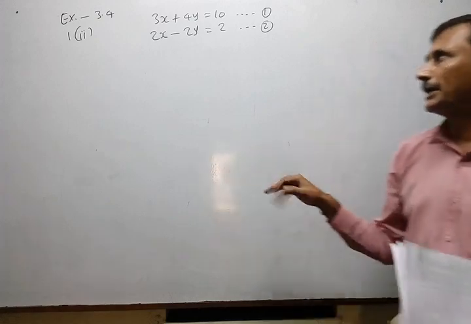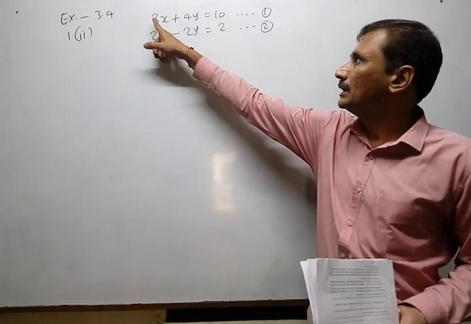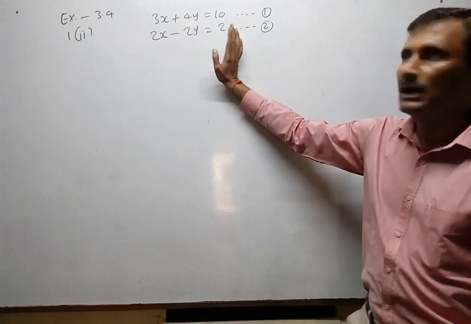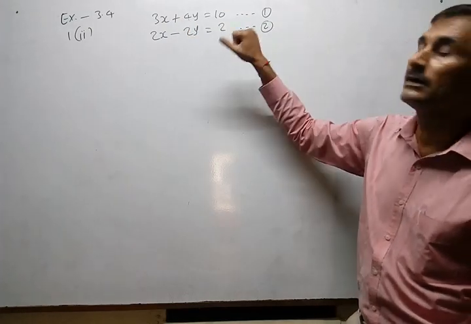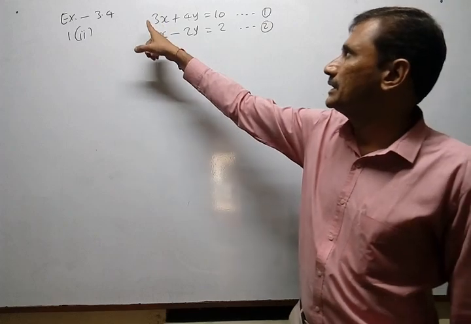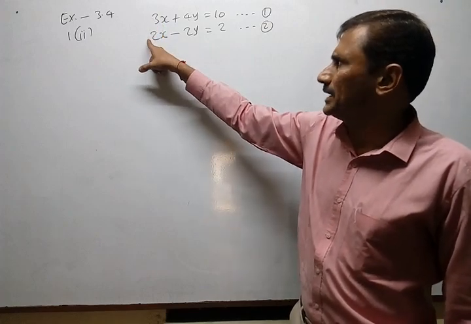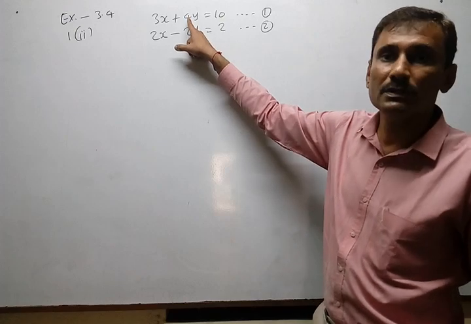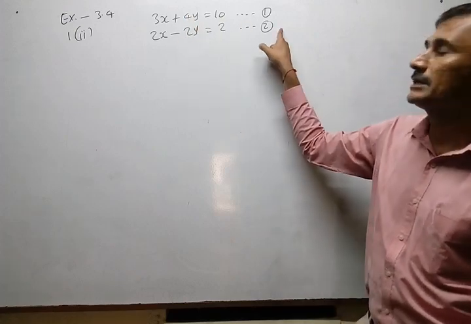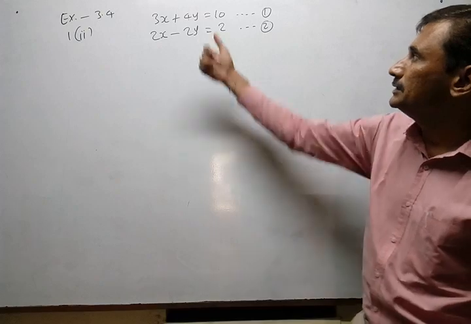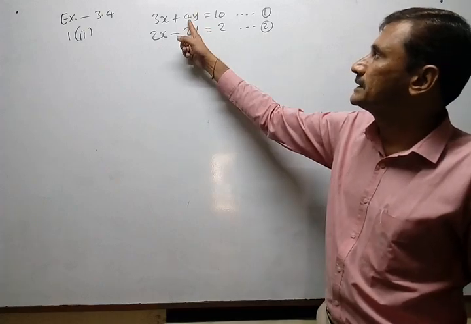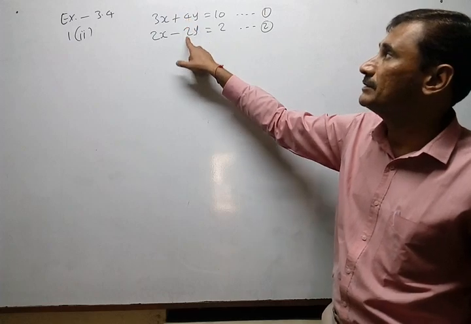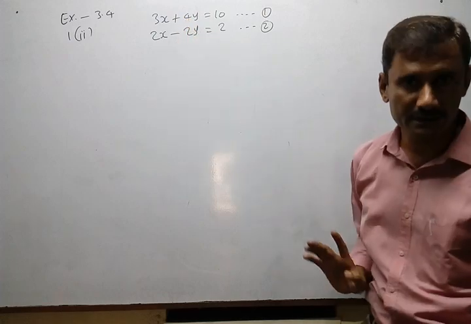Now, again, look. Coefficients are different. Here also the coefficient is different. How can you get equal coefficients? Obviously, this is complicated. From 2 you cannot get 3, but from 2 you get 4. So if you multiply the second equation by 2, then you will very easily get y eliminated. Why? Coefficients become equal and signs are already opposite.